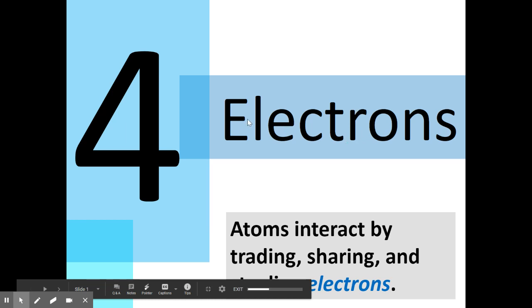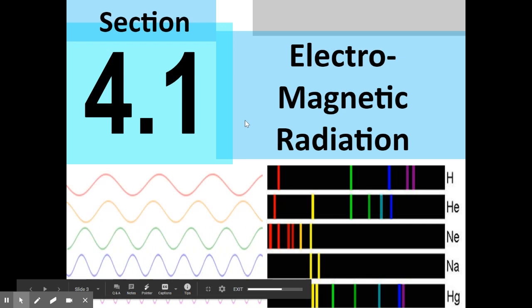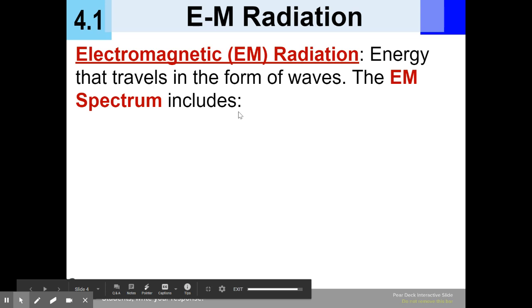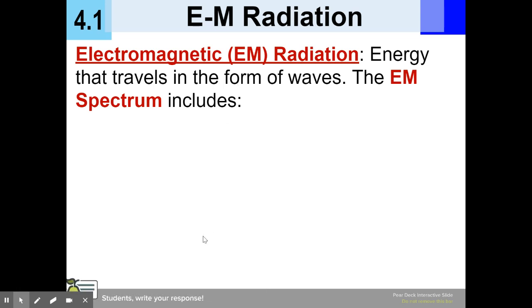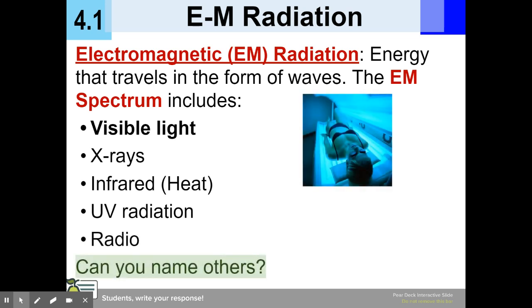All right, this is the first of our videos for chapter 4, and for section 4.1, we're talking about electromagnetic radiation. So, what is electromagnetic radiation? Electromagnetic radiation is energy that travels in the form of waves. Okay, this includes things like visible light, X rays, infrared, UV radiation, radio waves, all of these are forms of